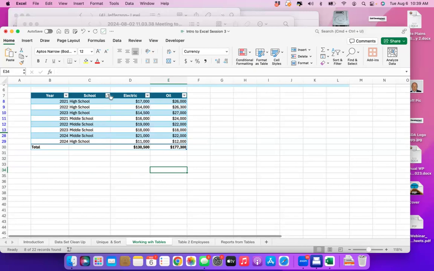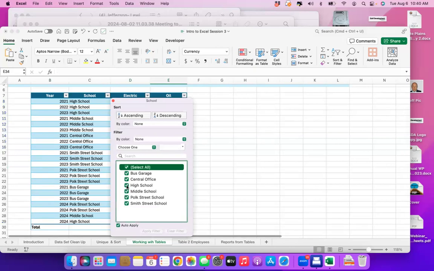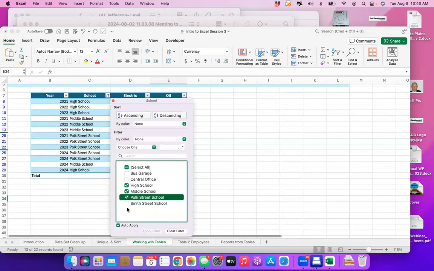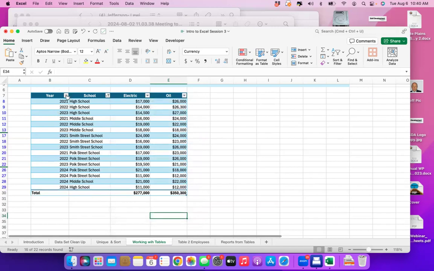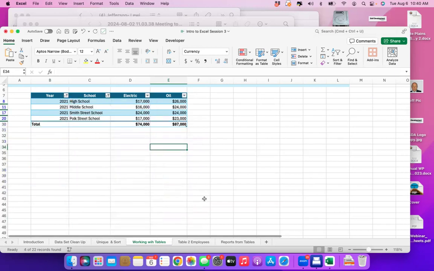Now you can do multiple filtering. So for example, I'm going to do all my schools. And then I'm going to go over the years and I'm going to say I just want 2021. And now that's going to give me my data for all my schools